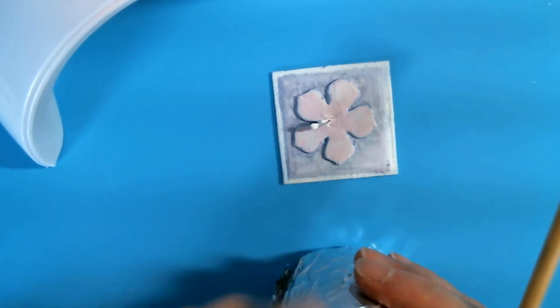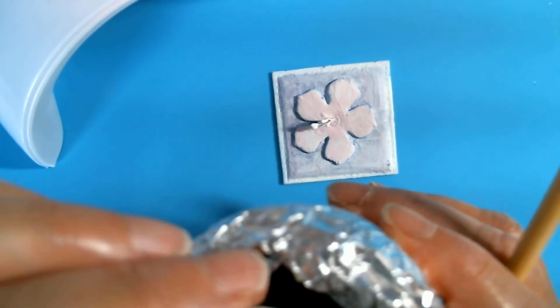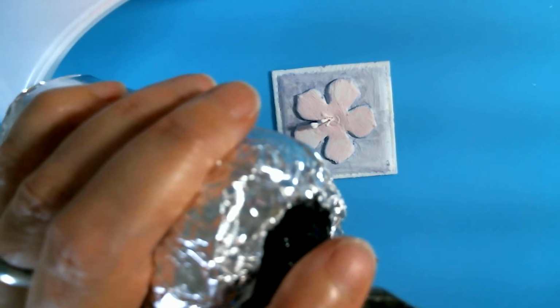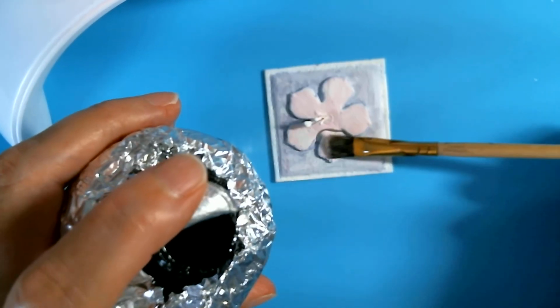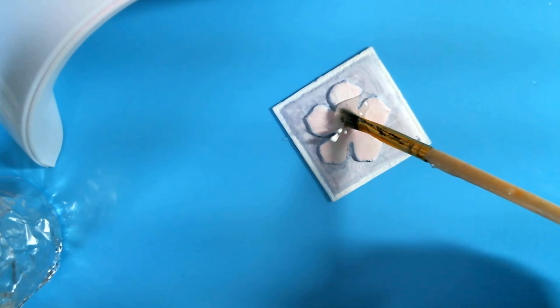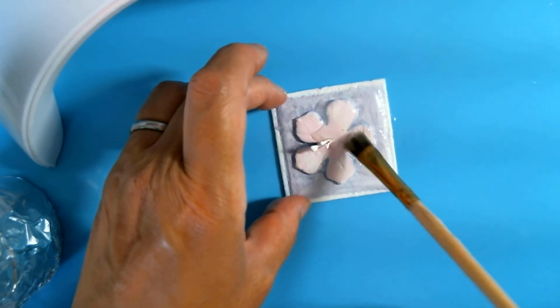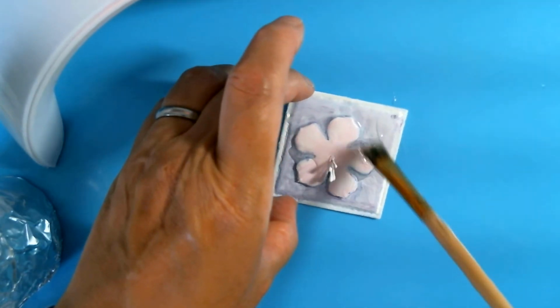But I will just unscrew the lid from the bottle, and I keep the little plastic cap there on, and I just wiggle my brush around, and I like to get a good bit out, enough to cover the surface, and I put the lid straight back on and just simply brush it all over your project,